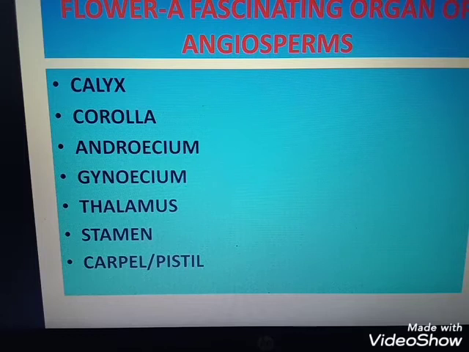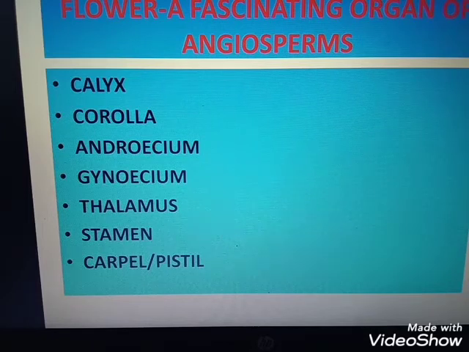This is the first time I am telling you about Ubisch, U-B-I-S-C-H, Ubisch granules. The tapetal cells secrete Ubisch granules, and these Ubisch granules help to provide sporopollenin and the other materials for the exine formation. Clear? Sporopollenin formation occurs with the help of the Ubisch granules secreted by the tapetal cells. Okay, clear?